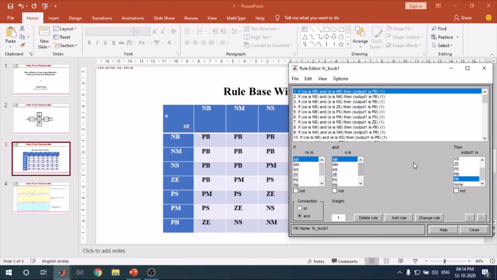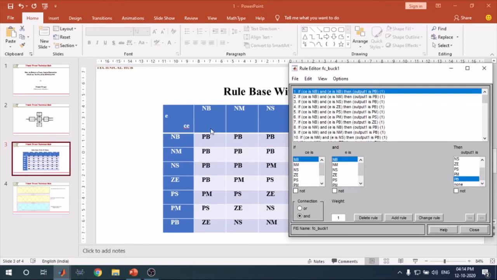If you are using Mamdani rules and you want the center of gravity method, you want to say: if change in error is negative big and error is negative big, then output is positive big. Why?